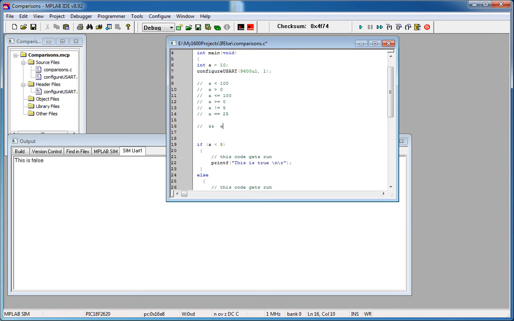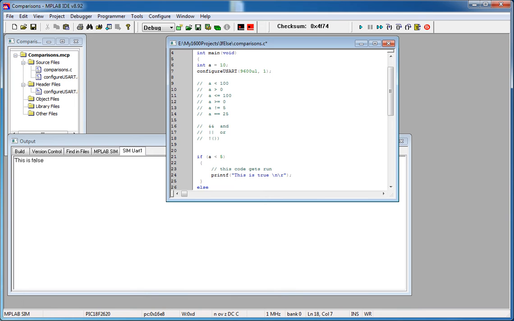So this is for and, double ampersands. You can also have or, which is 2 pipes. So this is or. And there's also, if you put an exclamation mark in front of a statement, something like this,